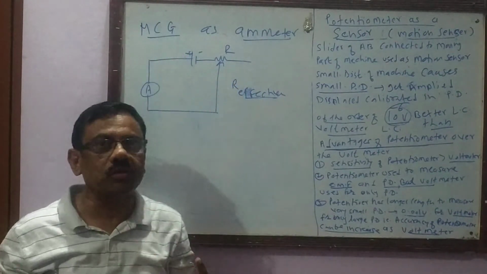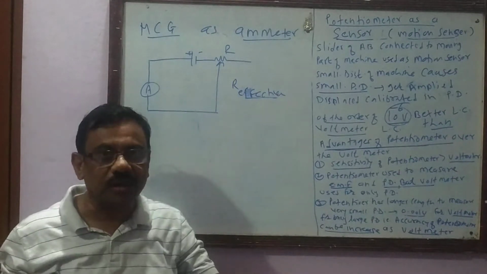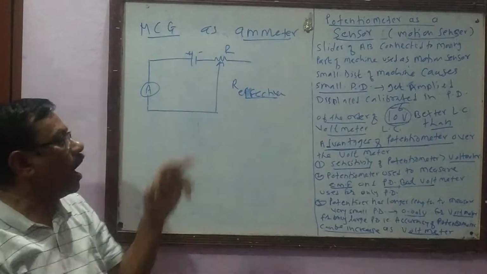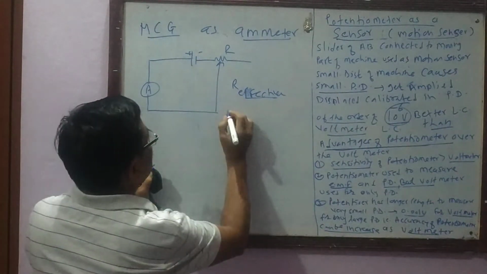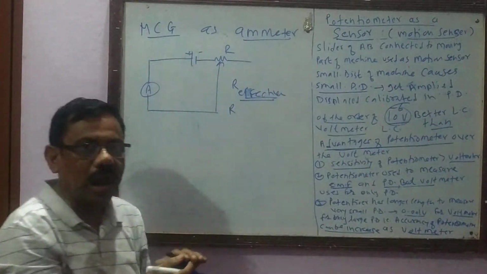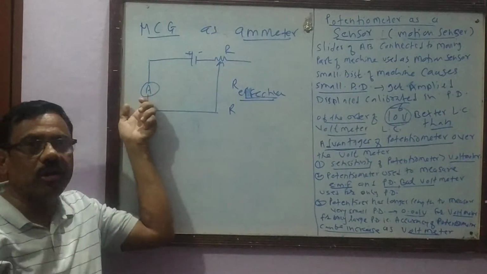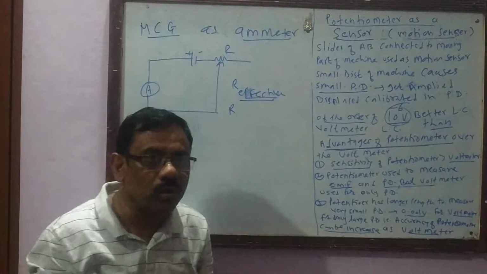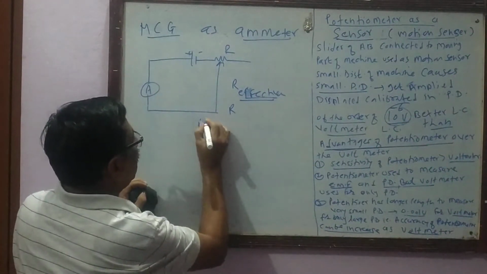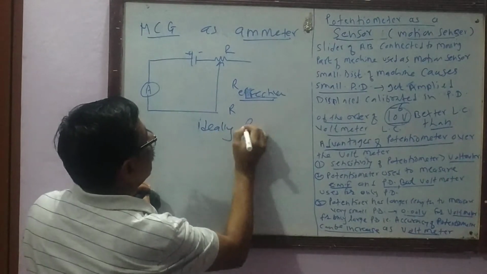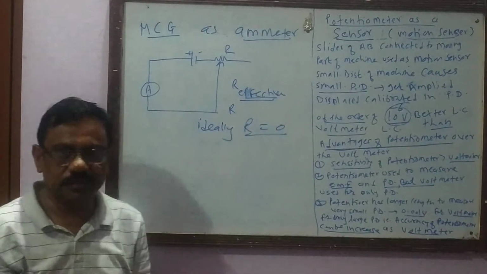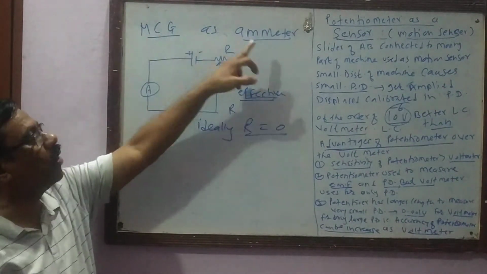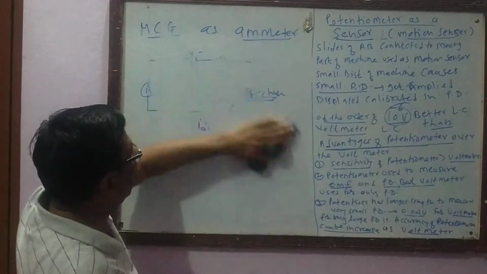This is one of the important questions. Why does the ammeter have low resistance? Because in order to measure the current in the circuit, the ammeter is connected in series. But in series arrangement, the effective resistance increases, which ultimately decreases the value of current. And to avoid this difficulty, the ammeter must have low resistance. Ideally, the resistance must be zero. And in order to convert the moving coil galvanometer to an ammeter, some modifications are made.